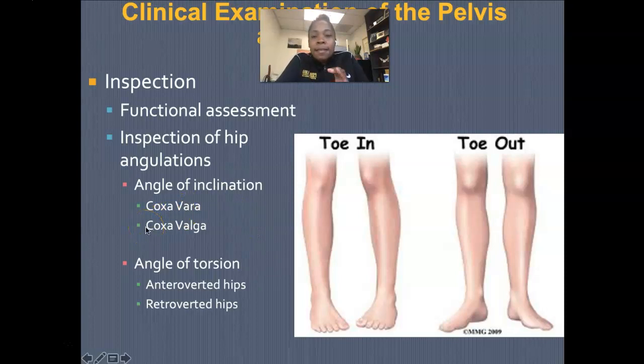So there are these hip angulations that tell us a lot about the bony architecture of the coxofemoral joint. They're listed here, and we can see them. We have the angle of inclination, which includes coxa vara and coxa valga. And we have the angle of torsion, which will include anteroverted and retroverted hips. We're going to talk about these in different slides, so you don't need to know them right this second. But you certainly should know that coxa vara and valga fall into the angle of inclination, and that the anteroverted and retroverted fall into the angle of torsion categories